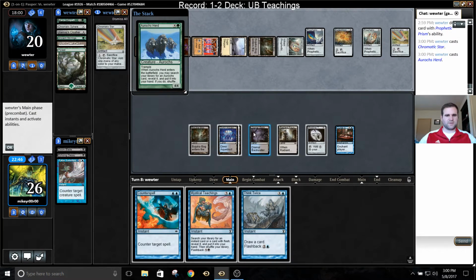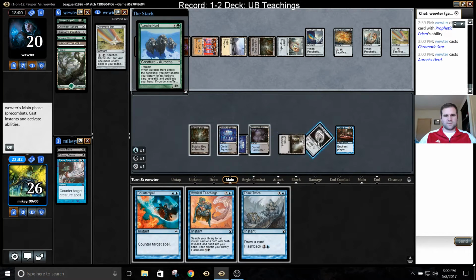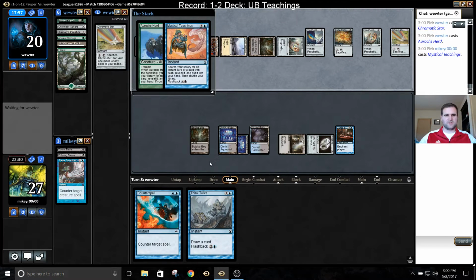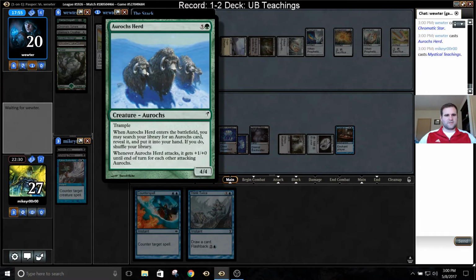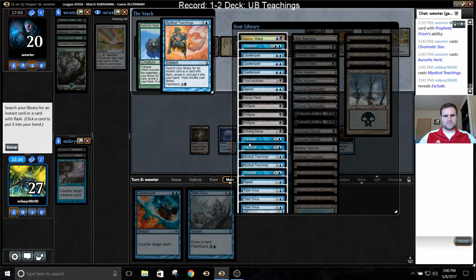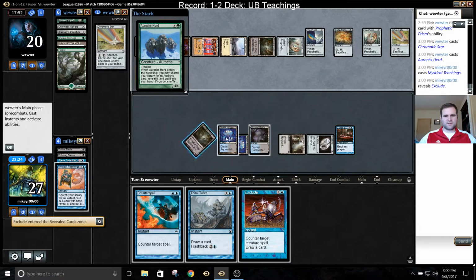That's actually pretty annoying. I think I'm going to counter that. I'm going to counter it with Exclude. I guess I want to hold up a little more blue mana. Because it doesn't really matter. Yeah, holding up 1 blue mana doesn't help me very much. I'm going to kind of hold up Exclude. I don't want these to just chain into each other. I could just like double Echoing Decay them, but I already lost one Echoing Decay, so